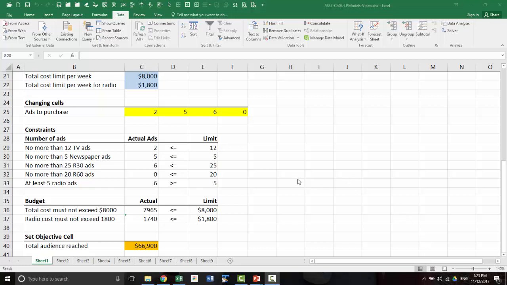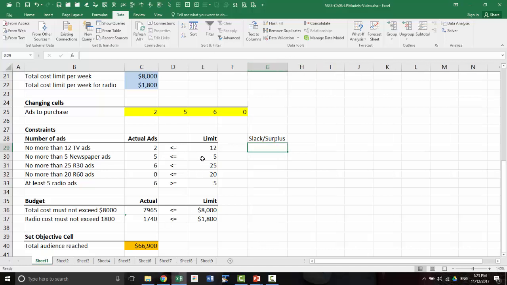Okay, let's look at some post optimality analysis for this marketing problem. So we can set up slack and surplus. Okay. Now remember, for less than or equal to constraints, you have to go the right hand side minus